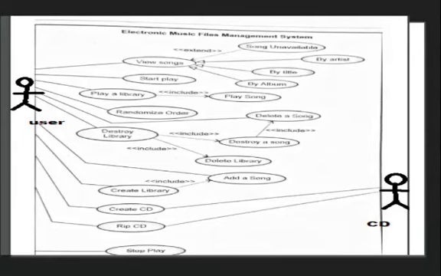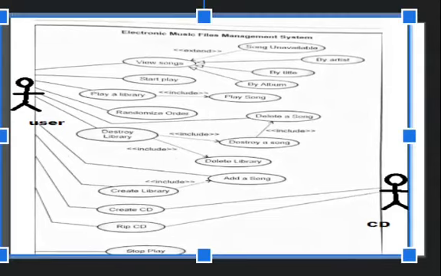View song. If you want to view a particular song, then he can choose by album, by title, by artist, or if that particular song is not available, then he will get a message, song unavailable. The next activity done by the user will be delete a song. Then if he destroys the library, then the songs will be destroyed and the library will be deleted.